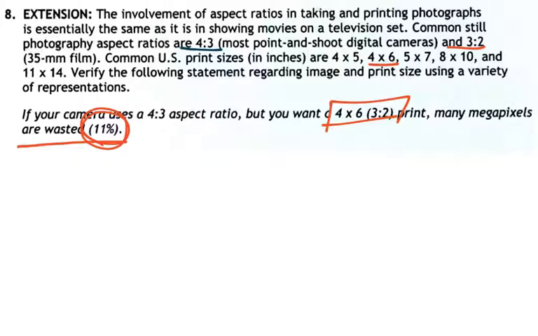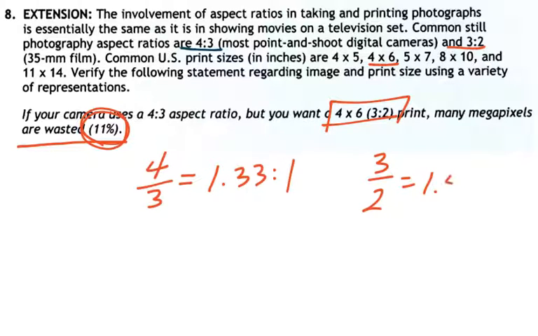Well, the easiest way to do this is to find the aspect ratios as they are compared to 1. So 4 divided by 3 is a 1.33 to 1 aspect ratio. And 3 divided by 2 is equal to a 1.5 to 1 aspect ratio. Well, very simple. All we do now is take the smaller one on top, the bigger one on the bottom,